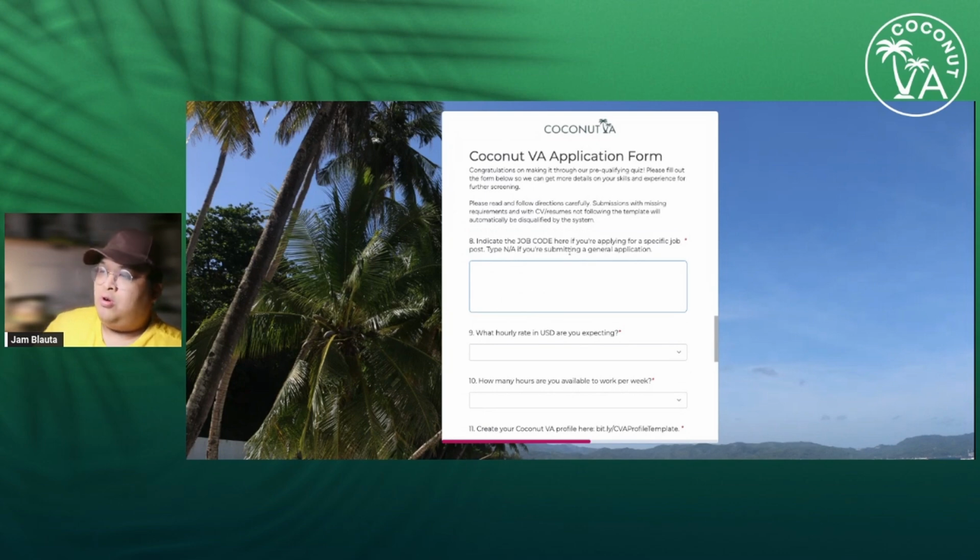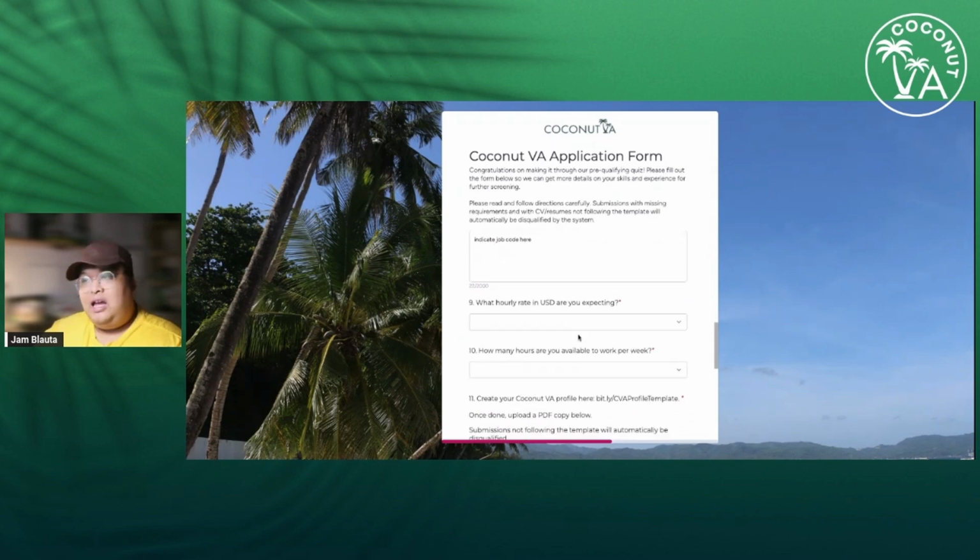Indicate the job code here. Every job opening or job post that we add in our job postings has a job code there. So indicate the job code here, or NA if you're submitting a general application.